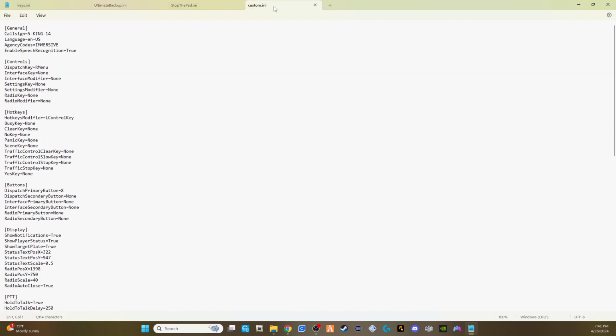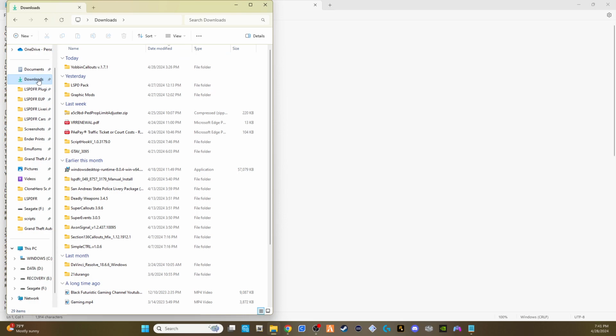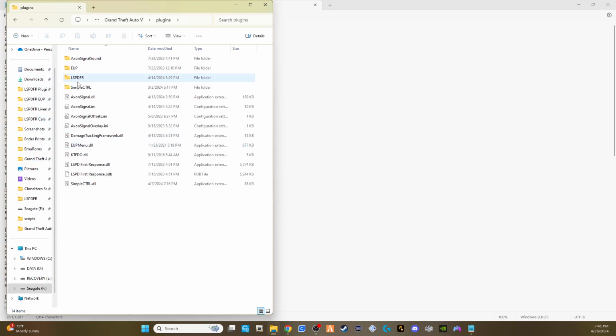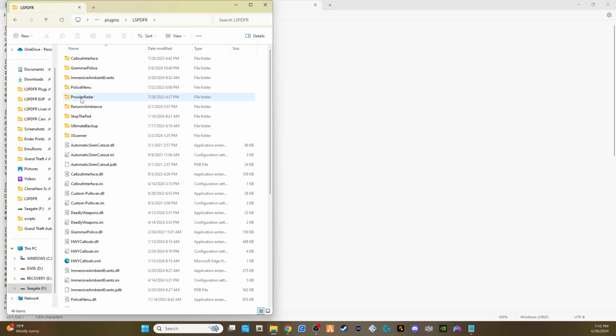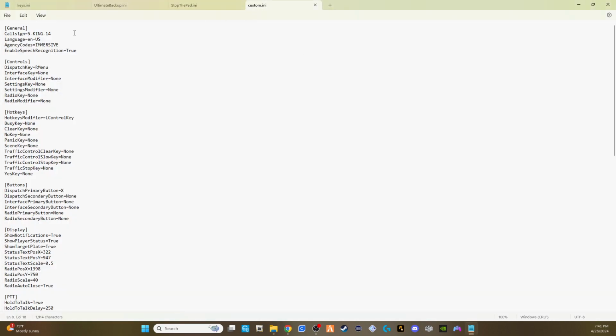And we'll take another look over here at the custom INI. This is going to be the custom INI for Grammar Police. You may want to go ahead and take a look in here so you can set this up, because this is going to allow you to talk to dispatch. The way I have mine set up, if I would like to use it on the keyboard,